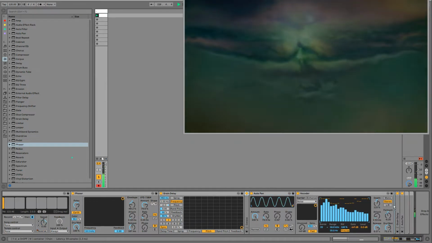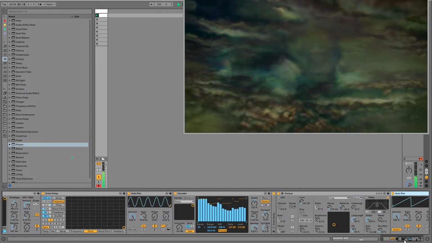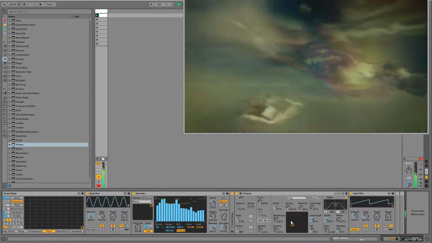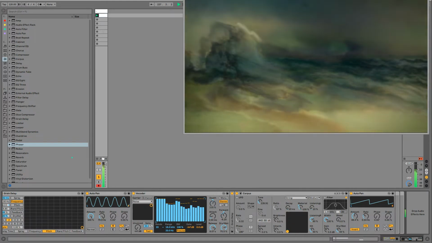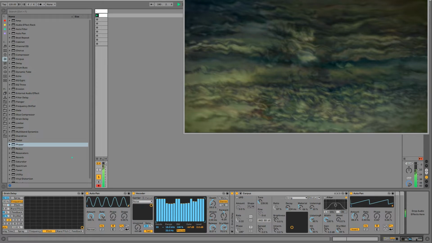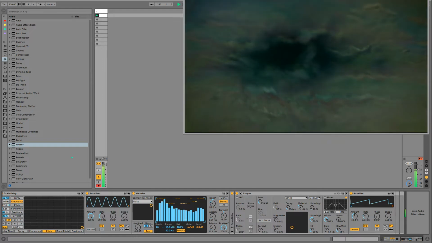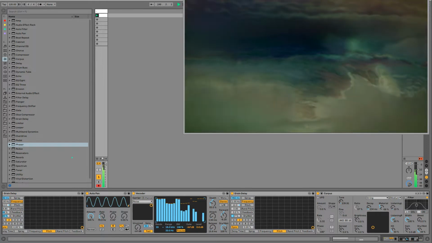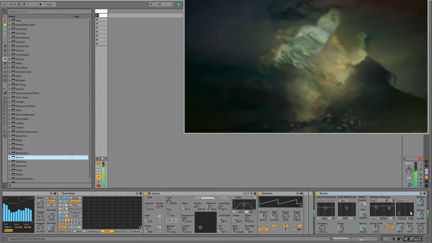Very textural. What'll happen if we... Let's get a reverb on there.